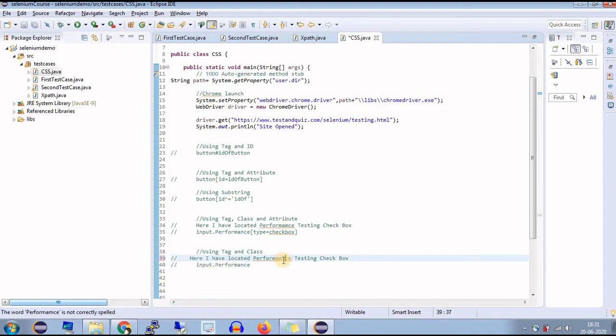Let me correct the spelling of performance. Okay, perfect. Now read all the examples carefully, try on your own, or you can also practice with some other elements. Practice will make you more perfect in learning XPath and CSS selectors.